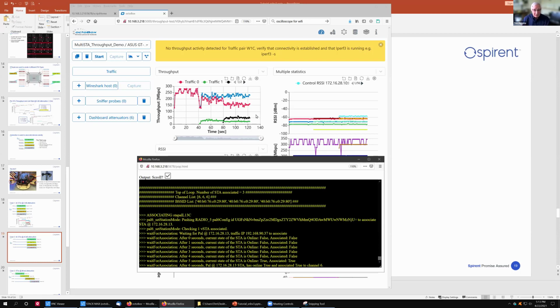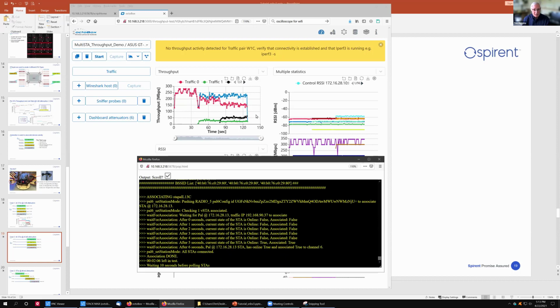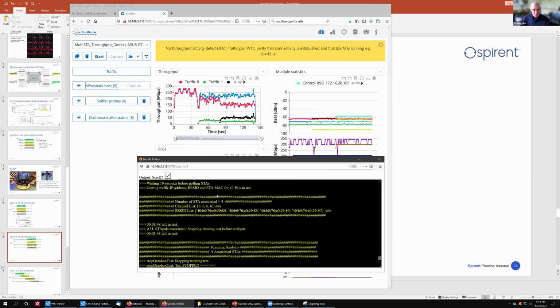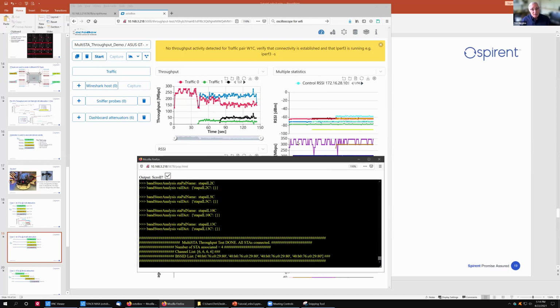No matter how good a device is, if it's sitting at 45 dB attenuation, at -80, -70, and -70-ish is typically a roaming trigger point. I'm not surprised, I pretty much expected that, and all 4 stations have gone to 6.